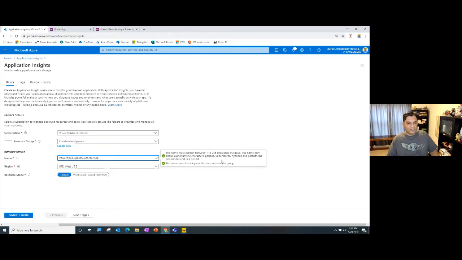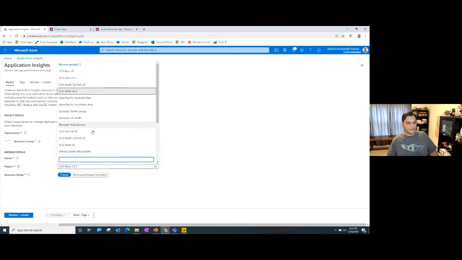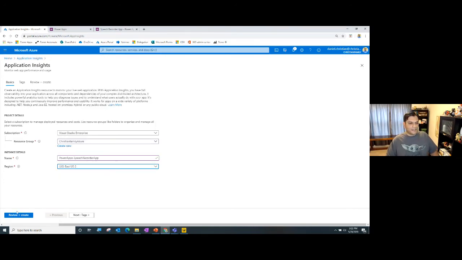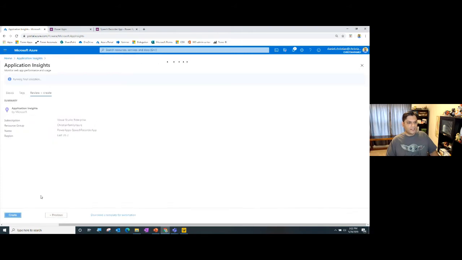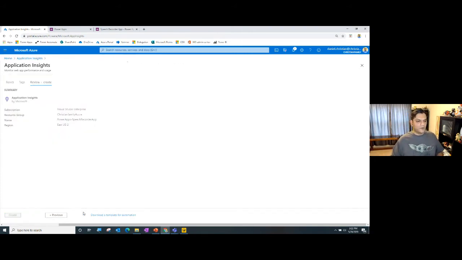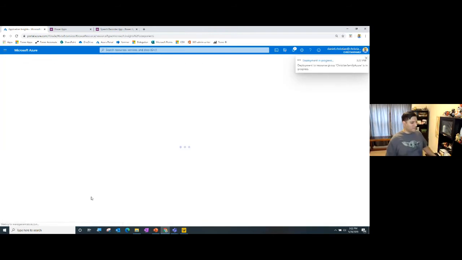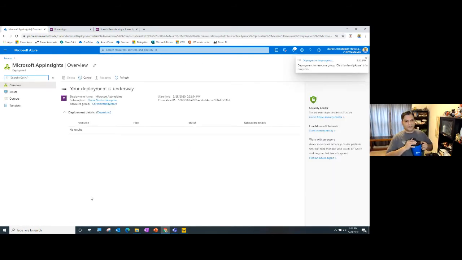Whatever name you put in, it validates that, yep, this is a good unique name that you can use. After that, you pick based on your regions. There's a bunch of regions available. I live on the East Coast of the US, so I'm just going to randomly pick one of these two. Then I'll go ahead and do Review and Create. It's doing a validation process. It said, yep, validation passed. I'm going to create it. It takes about a minute or so to do that. We'll just let it finish its deployment.